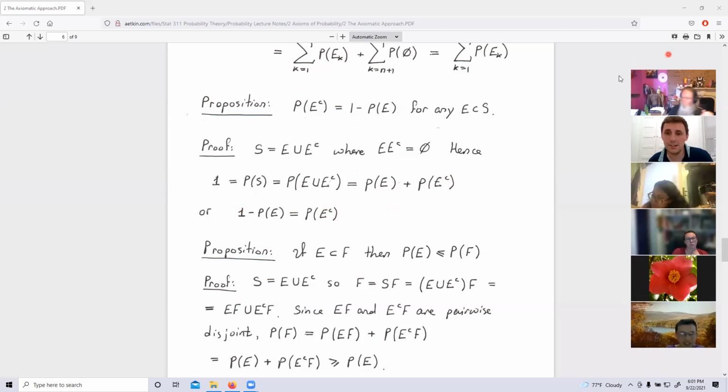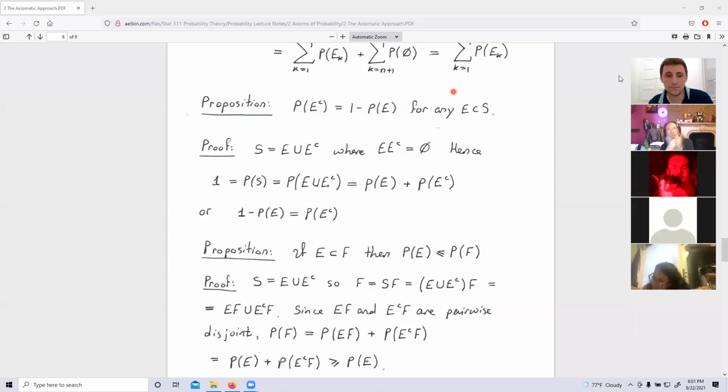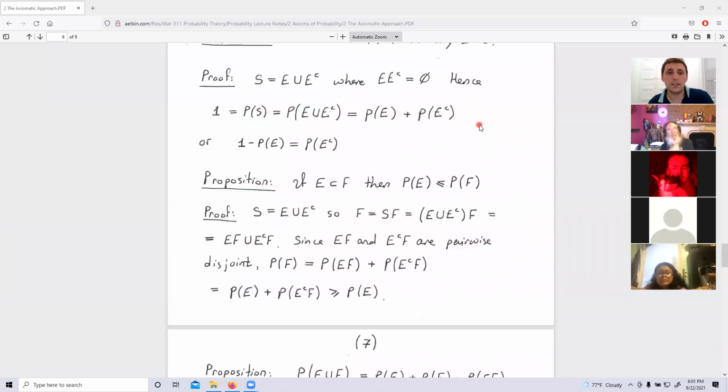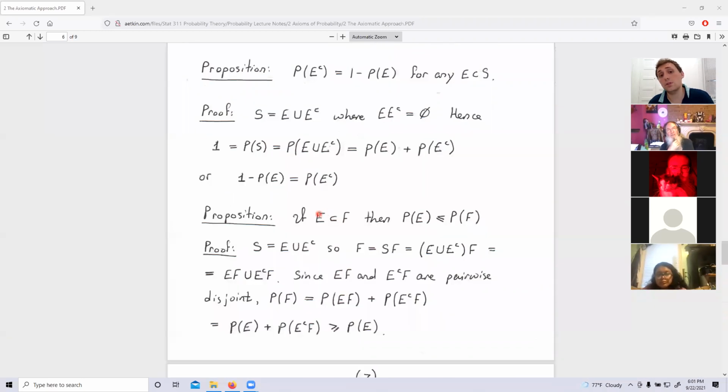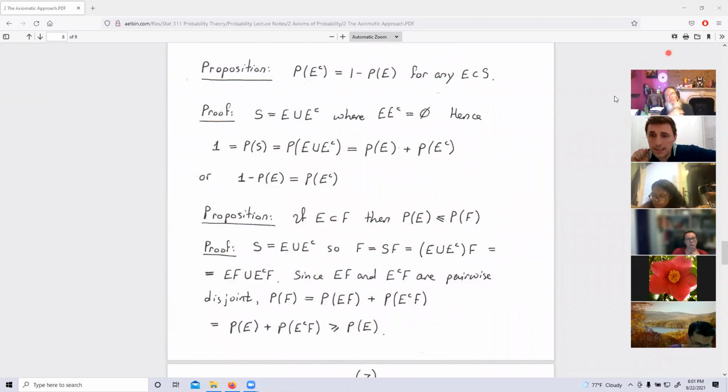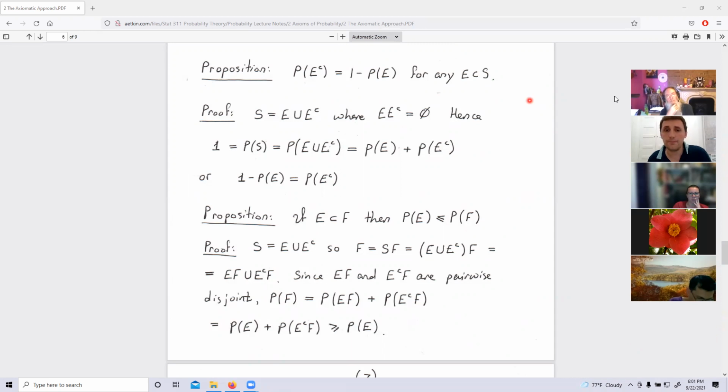You understand, guys? Very good. Next is this proposition, guys. I can also show you that the probability function P is increasing in the sense that if I obtain a bigger subset of S, a bigger event, it will have more probability, or at least no less probability. That's called the increasing property.